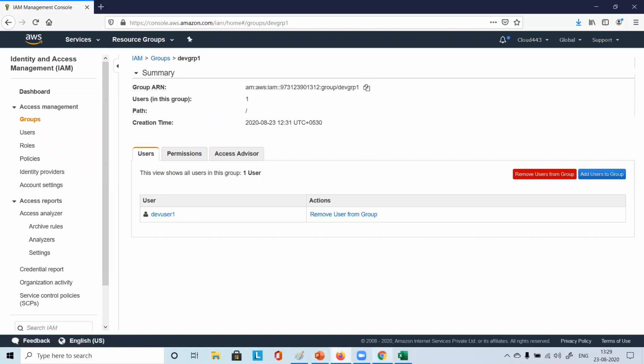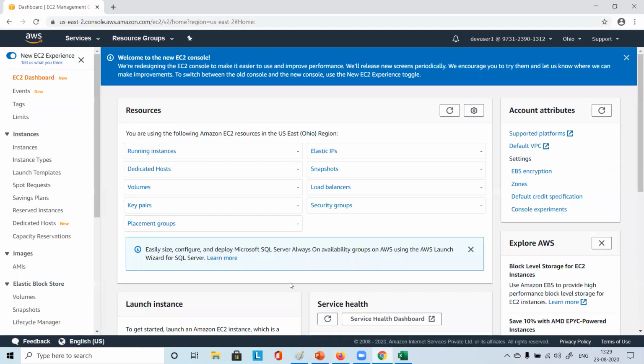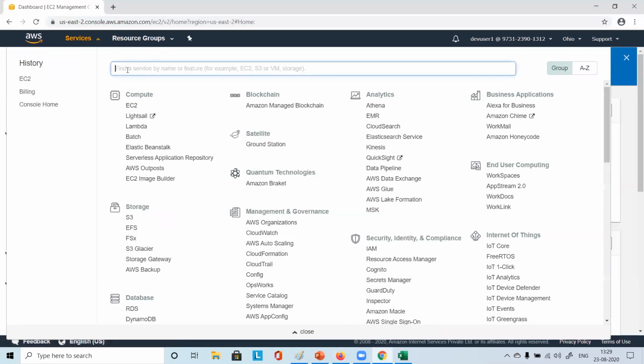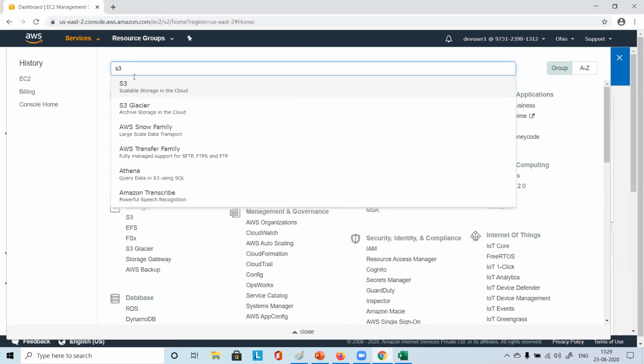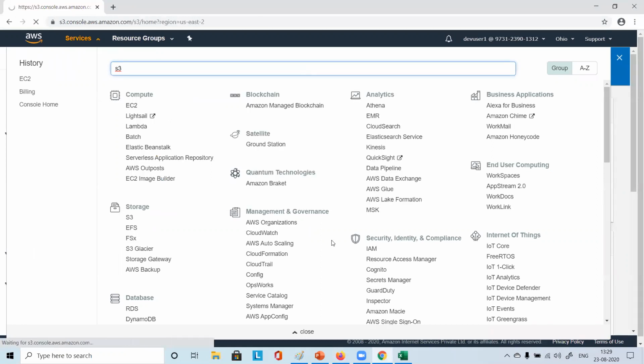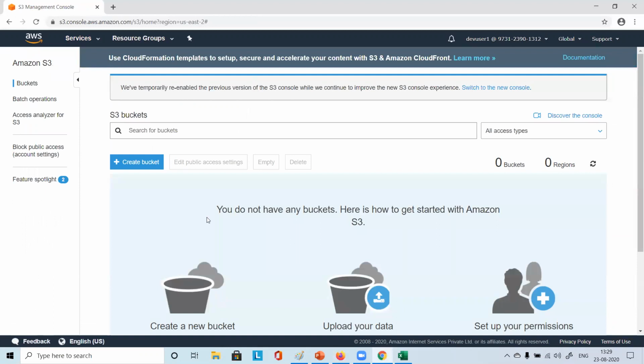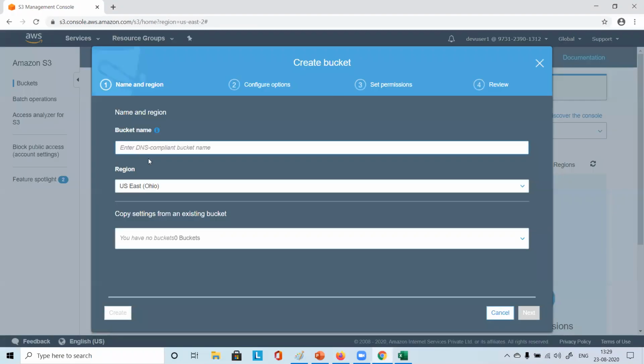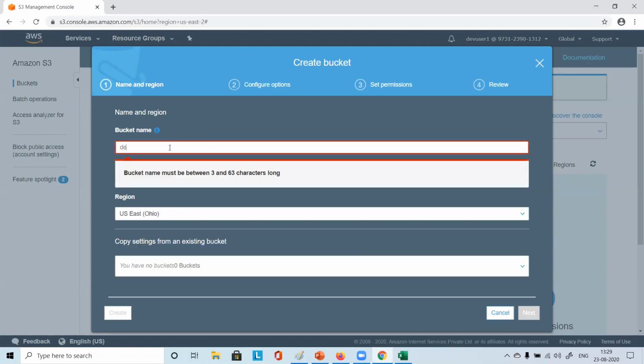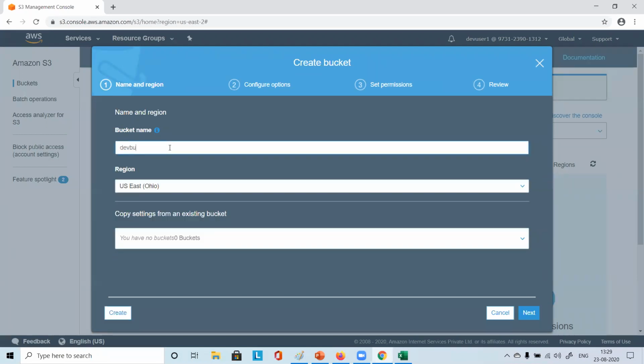So now we can go to the other browser, and this person can go to S3 and see there's no bucket actually. So this person can create a bucket, right, and this is Dev bucket 1.